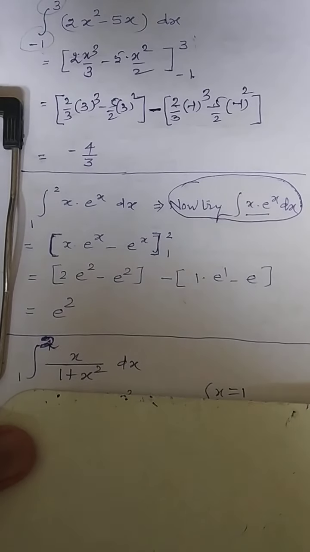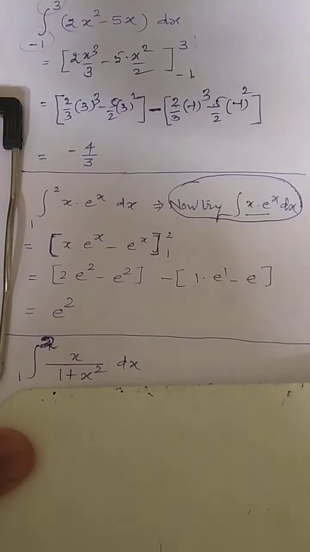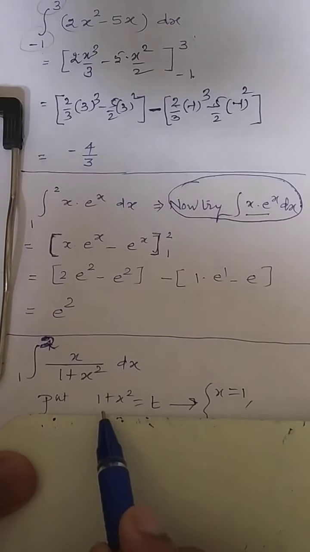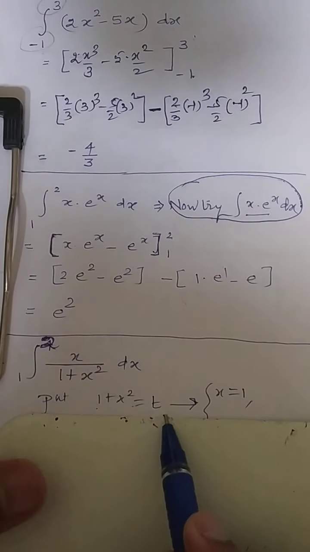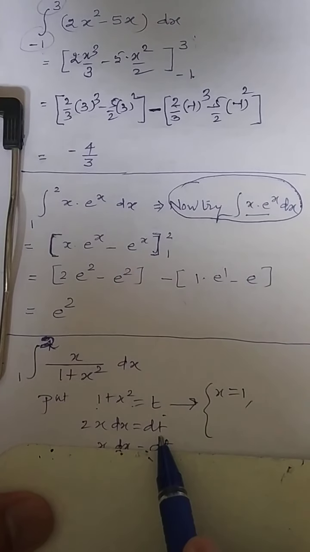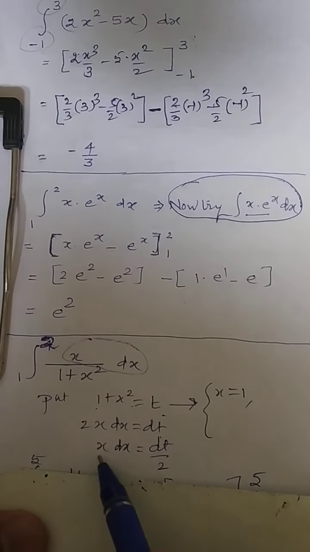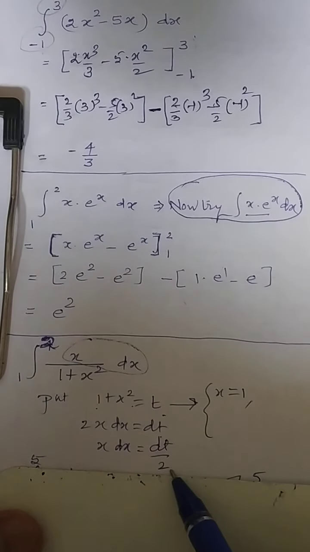See, this is the scenario. If you remember this question, do you remember how you answer it? Yes, this is a question from substitution. It is a question of the substitution method. Now, what is to be replaced? 1 plus x square is replaced as t. You know the derivative of 1 is anyhow 0. 2x dx will be equal to dt. We want x dx, so always keep the x dx value ready. x dx is nothing but dt by 2.